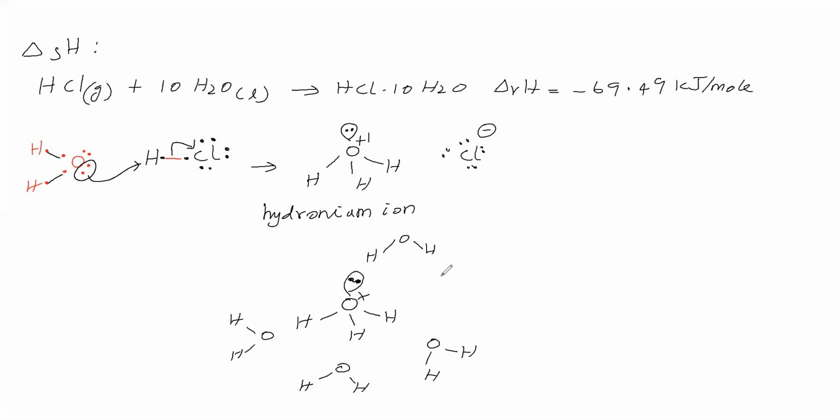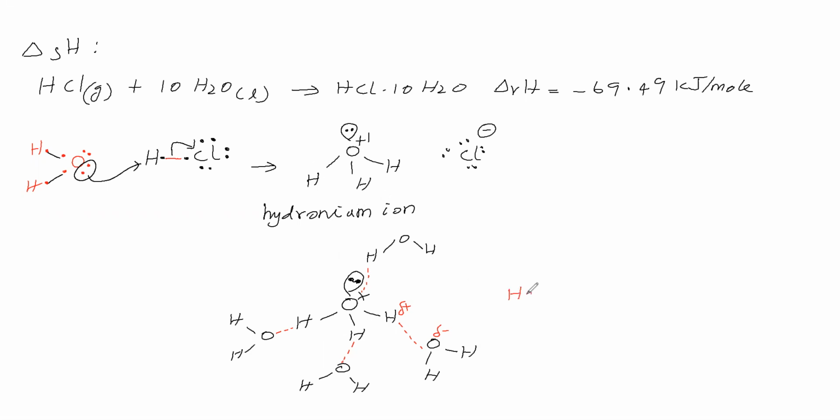Now, this hydrogen is having partial positive charge, oxygen is having partial negative charge. Because oxygen is having high electronegativity, hydrogen is having low electronegativity, therefore here hydrogen bonding is possible. Similarly, between this H and oxygen, hydrogen bonding is possible. Here also hydrogen bonding. Okay. That means this hydronium ion is attracted by water molecules through hydrogen bonding. That means hydronium ion is surrounded by water molecules.